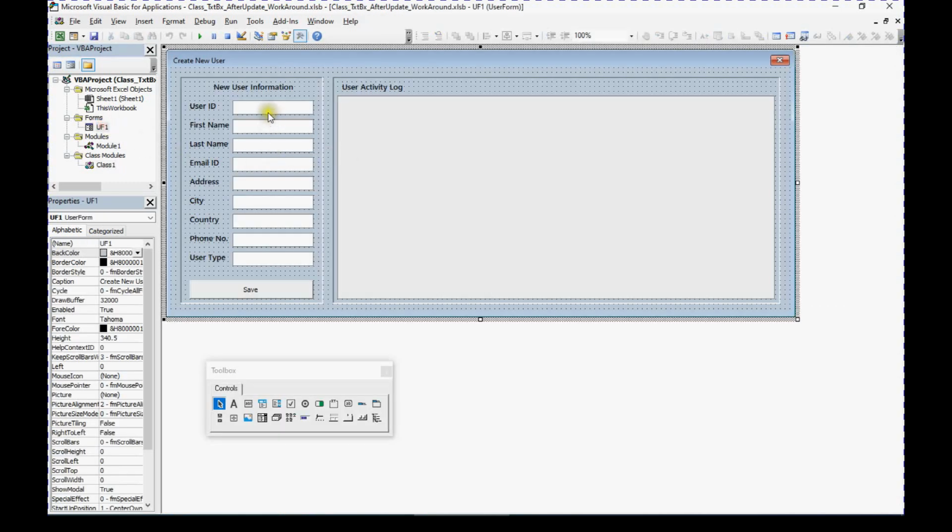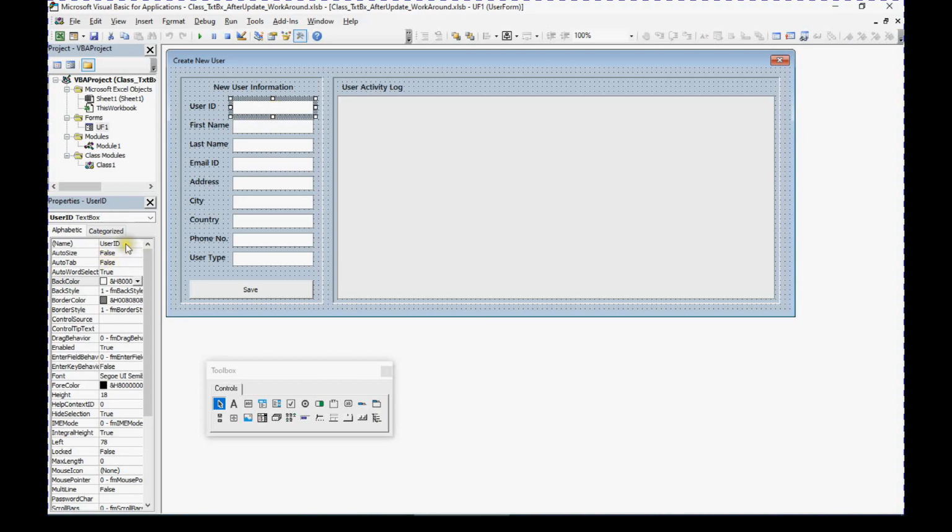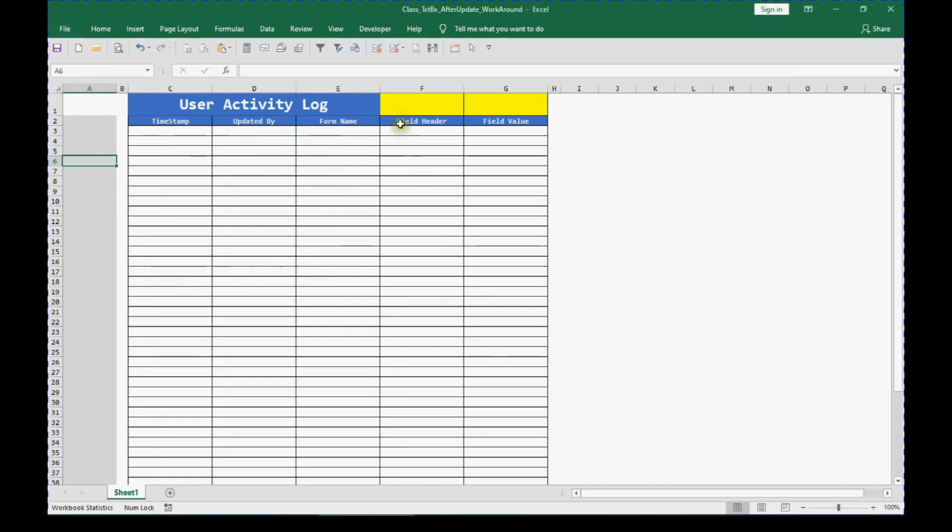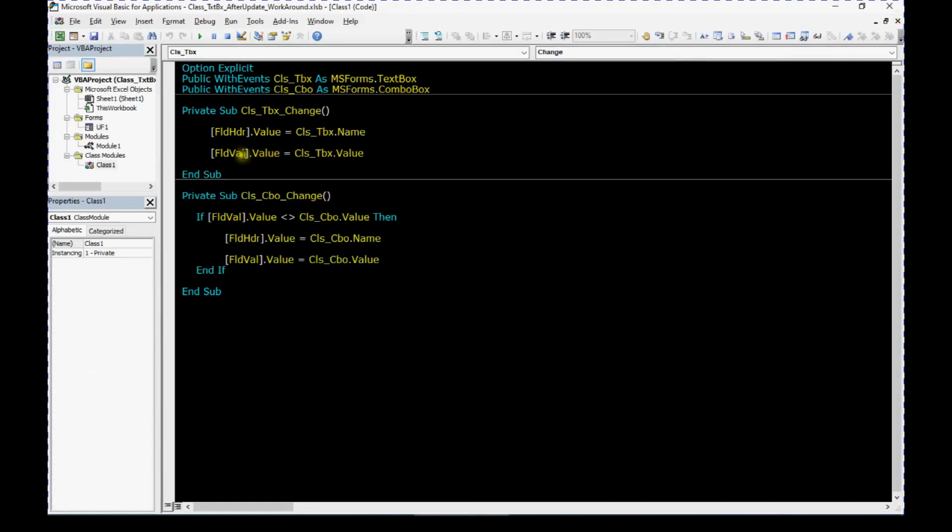The name of this control is user ID, and this will go in field header. Second, field value is the control value. Whatever value is input in the control will go in the range called field value.